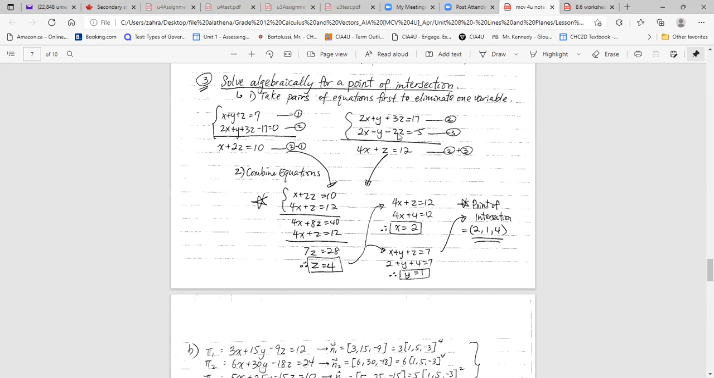And positive 3z plus negative 2z is z. 17 plus negative 5 is 12. So these two, we have two equations with two unknowns. We take it,